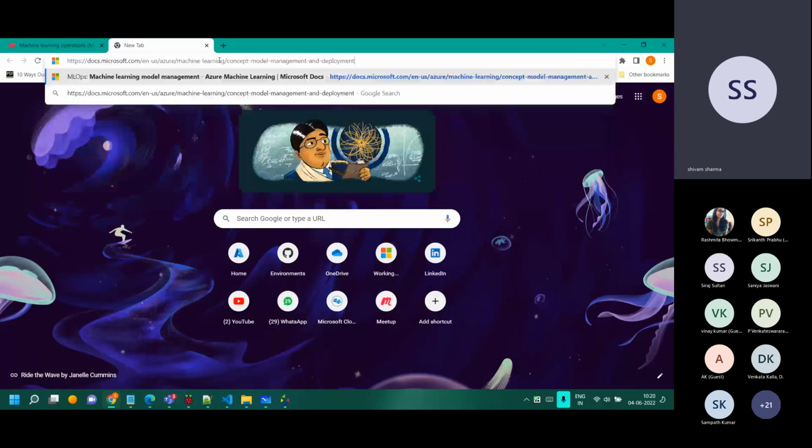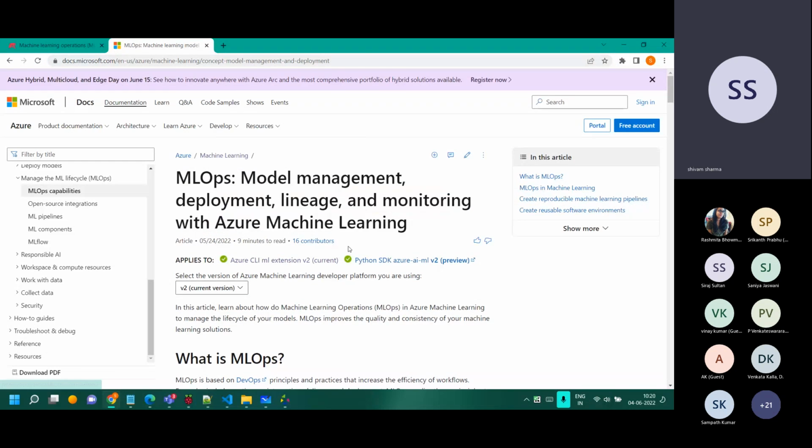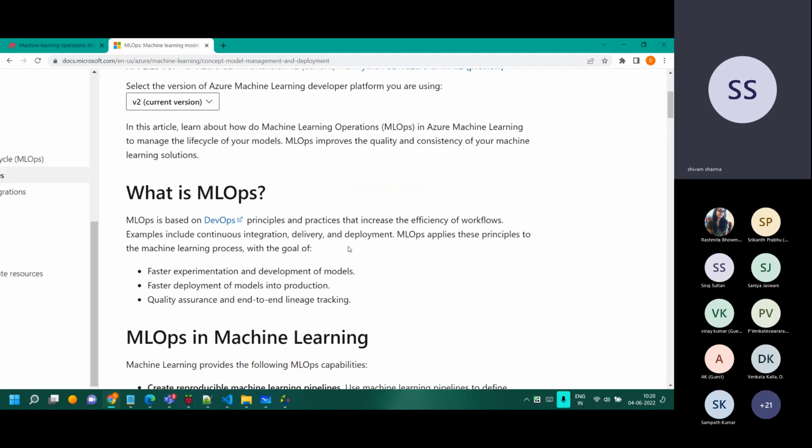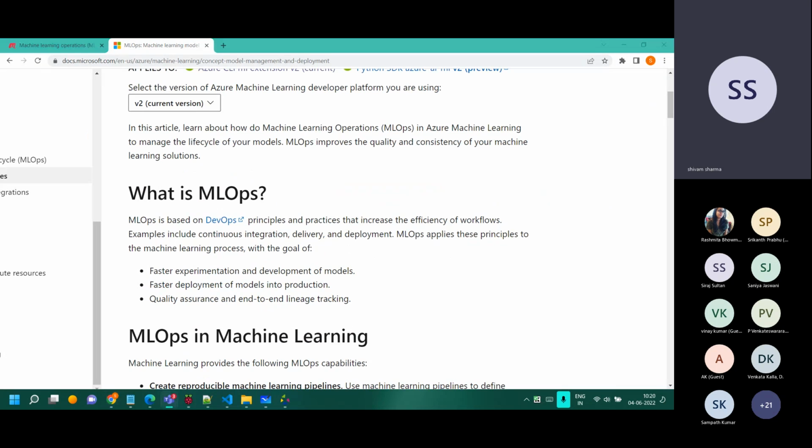So let's get that first over there. I'll walk you through a couple of definitions over here, and I'll keep on putting these links in the chat. This is the same link which I think Rashmita also shared a few minutes back, but I'll put it in the chat again for you guys. It will be in the chat window over there. You can use it later on.